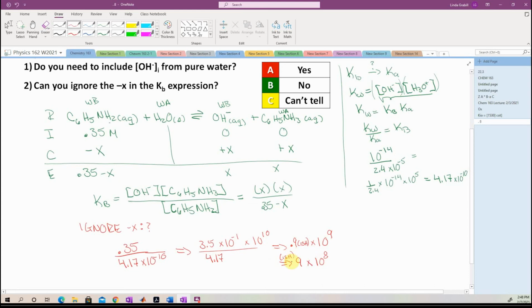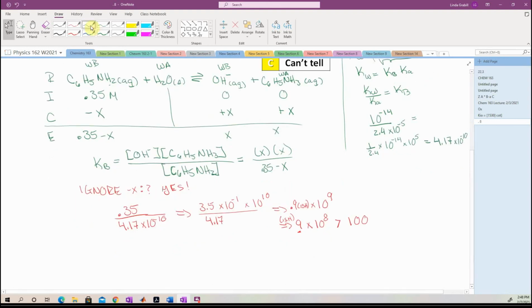All right, what does this need to be bigger than? Well, I have 2 sig figs, so is this bigger than 100? And no matter how ishness that is, 10 to the 8 is definitely bigger than 100. So yes, we can. So let's go ahead and write out our Kb of 4.17 times 10 to the negative 10 equals x squared divided by